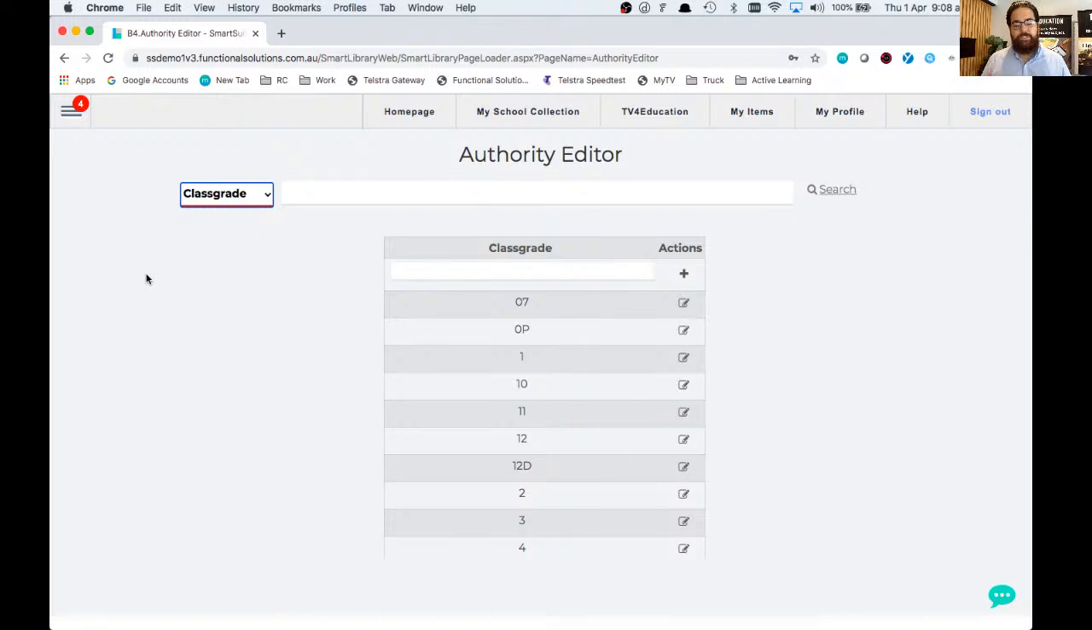What they'll be asking you for, or what you should prepare to send to them, is a CSV file with all of your student information. That should be one file containing the first name, the surname, the year level, the homeroom, and the email address for each of your students. If we don't see that staff or teacher